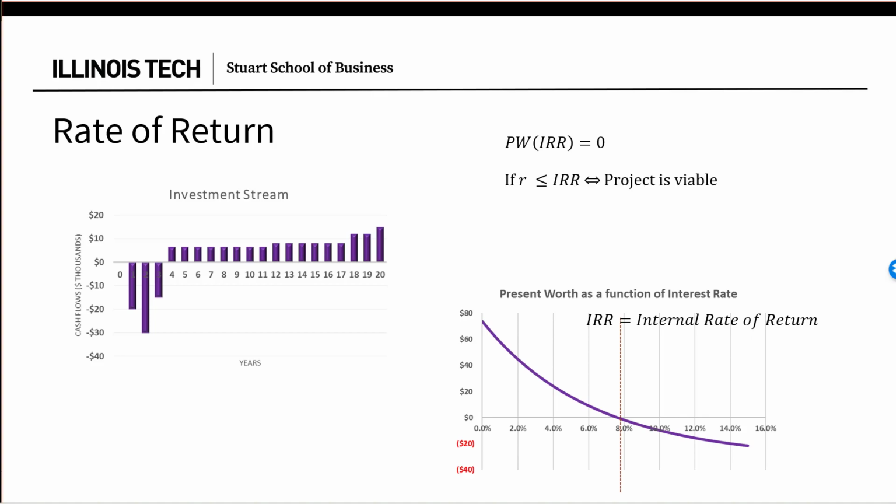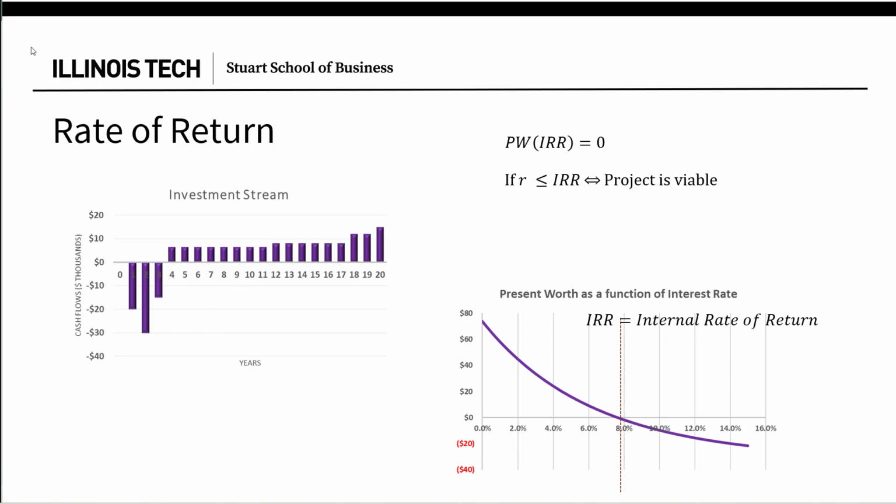And so we know that if the interest rate is below the IRR, then we're going to say that the project is viable. And what this means is that when the interest rate is lower than the IRR, the returns from the project exceed what we would get if we invested the money at a rate of